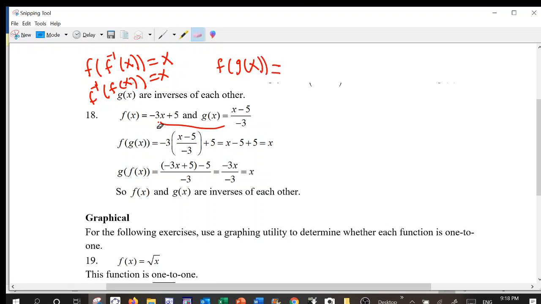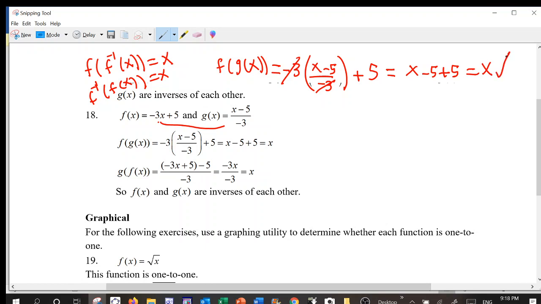Now f of g of x means I take the input for f, and instead of x, I put this, x minus 5 over negative 3. Obviously the negative 3 cancels negative 3, so we get x minus 5 plus 5, which is x. Check. Now, what about g of